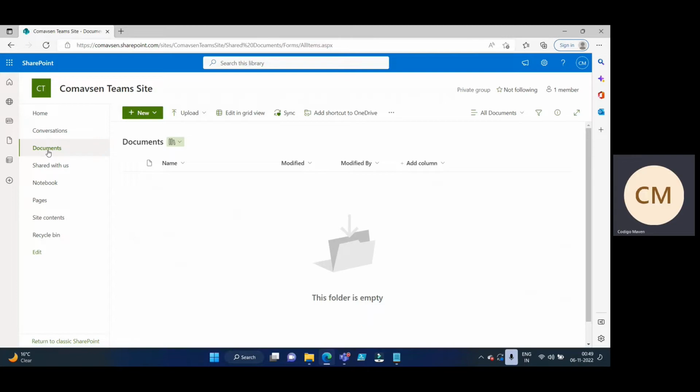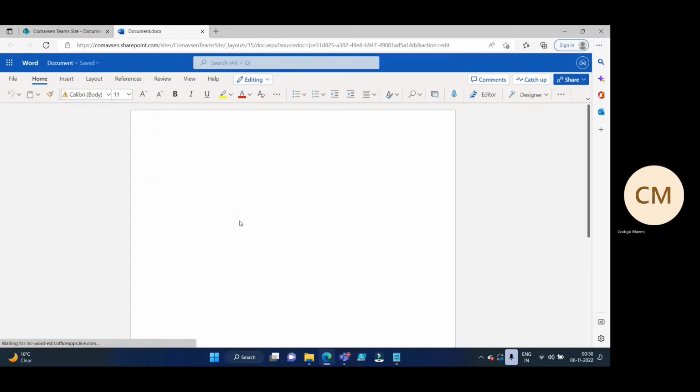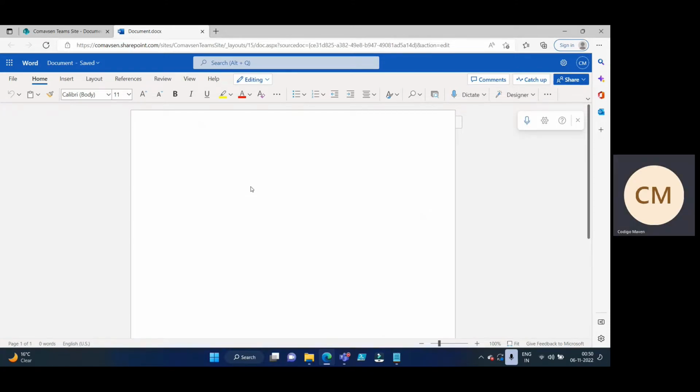There, of course, you can upload again files, folders. You can drag and drop files in here, and you can create new files directly here. So if I want to create a new Word document that opens in Word Online, and I can start typing my information in here,